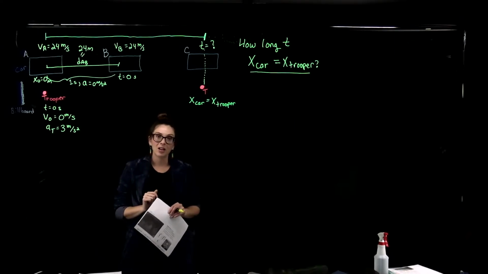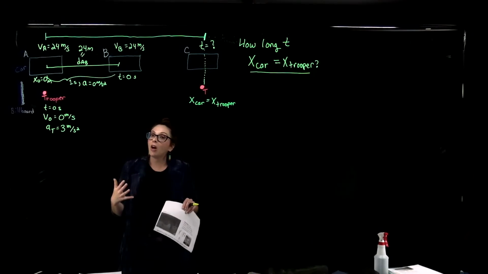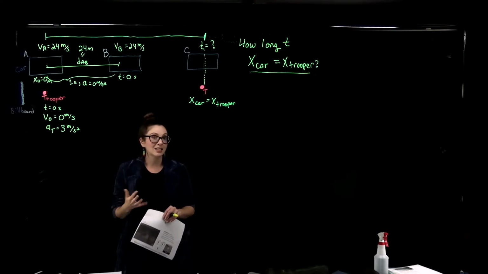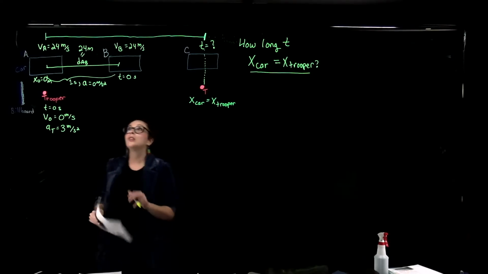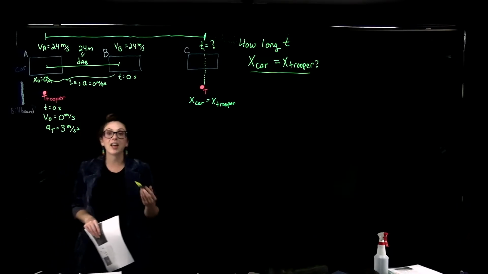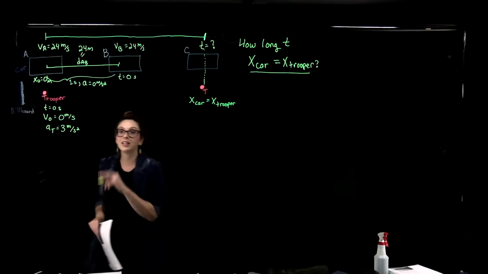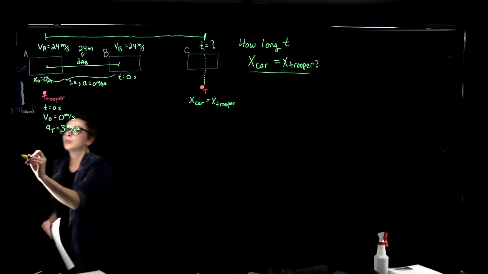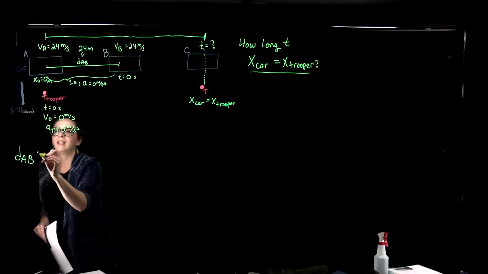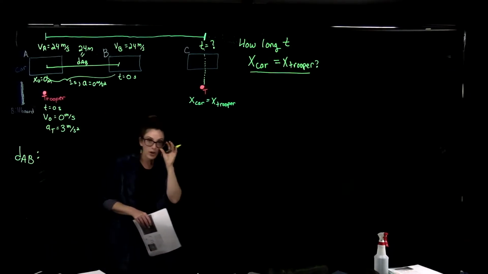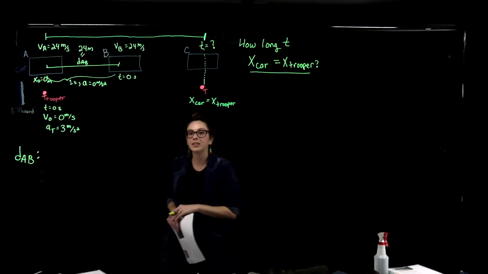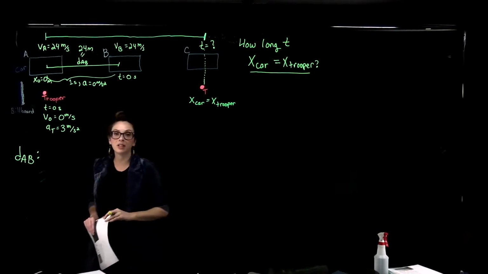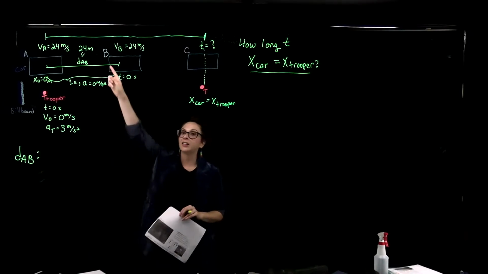before our trooper sets off on its chase. So let's find out, first of all, how far that car travels in 1 second. Okay, and so I'm going to call the distance that the car travels in that first 1 second DAB, the distance from point A to point B. So DAB, in order to find that, we're going to look at our equation sheet to find an equation that will help us get that distance that the car travels in 1 second at a constant speed of